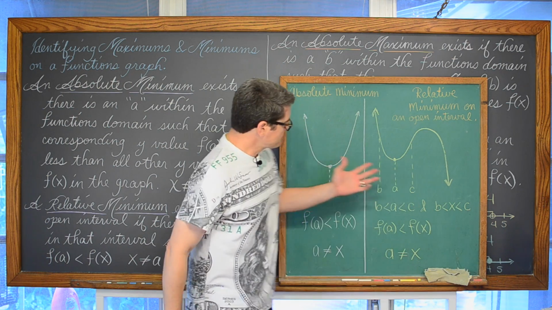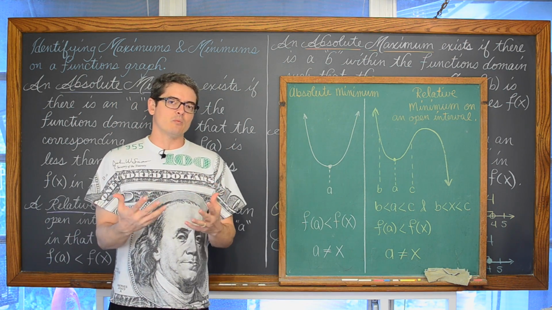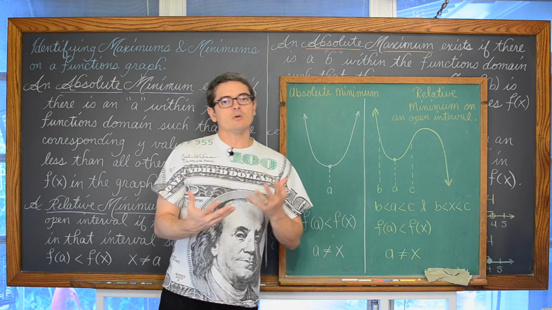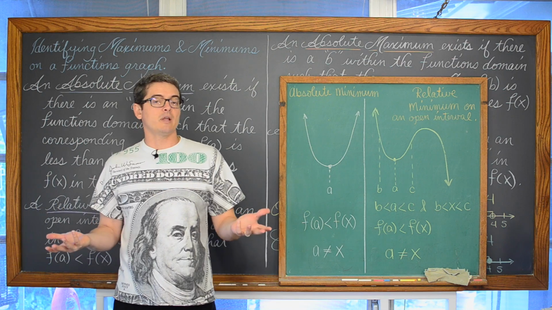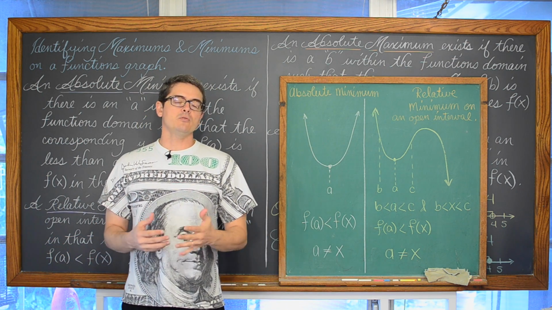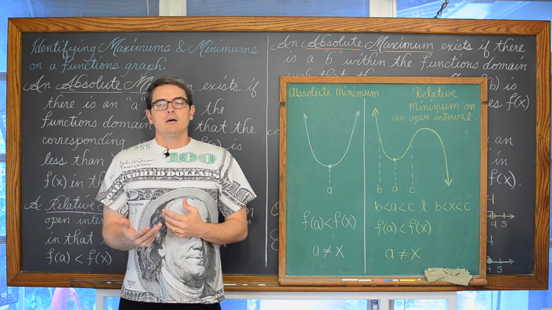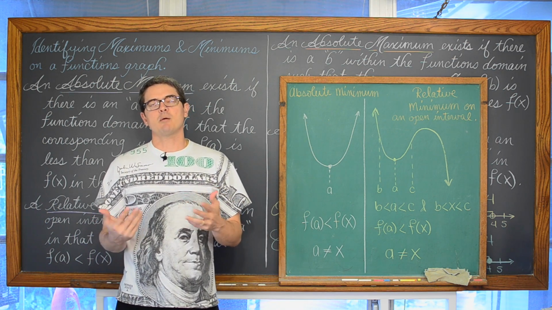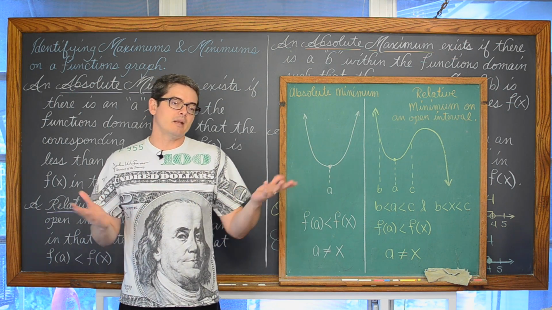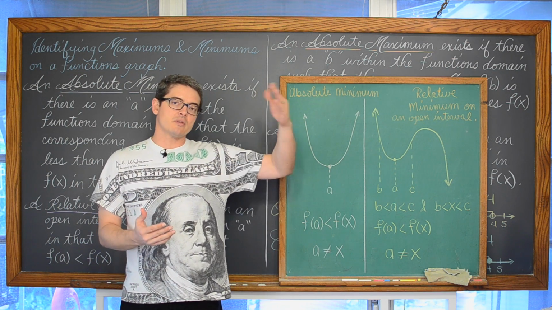Now, these graphs, these 5 examples, I'm just going to give you the graphs and we're going to identify these points of interest, but these graphs in the real world model real life situations. You might be looking at a sine curve that models the tides of the ocean, and if you can identify the maximum and minimums in a sine curve, it's probably going to be a relative max and min, possibly, or at any rate, you might be identifying the times when the tide is the lowest or the highest.